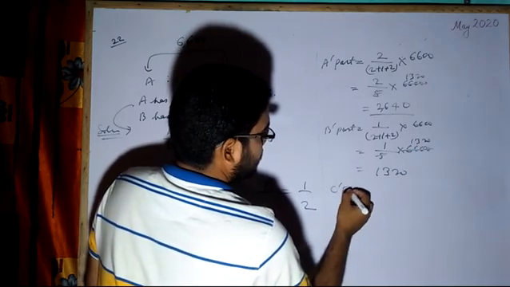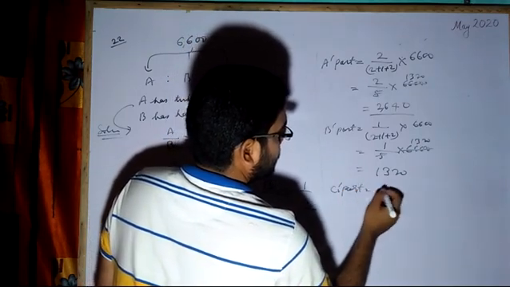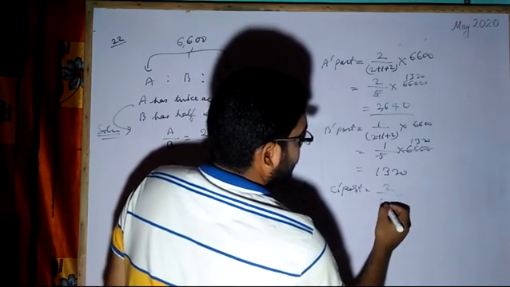Now C's part, again 2 by 5, that means 2